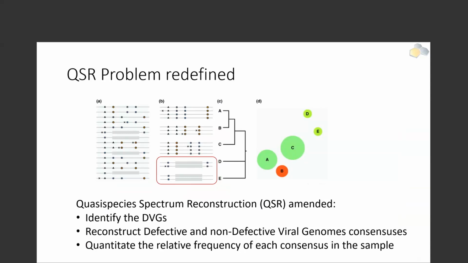So maybe what we need to do is redefine the definition of the Quasispecies spectrum reconstruction. We shouldn't be looking into resolving only sequences that have single point mutations or short deletions or insertions, but we should include DVGs that might be present in the sample. So we should be looking to identify those DVGs along with other consensuses and quantify their abundance. I think that would be the best way also to capture DVGs and remove some noise, or some perceived noise rather, from Quasispecies. So I see these two